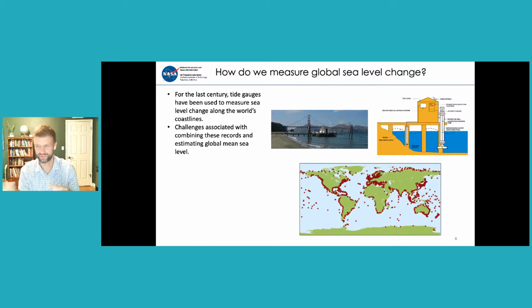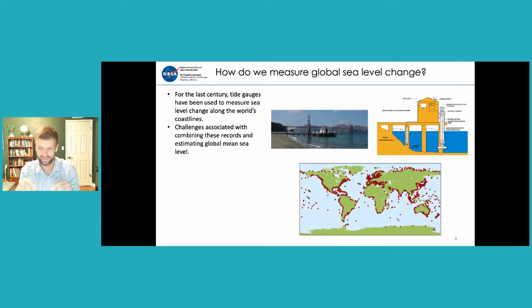On the right is a little schematic of how a tide gauge works. It's important to note that tide gauges have to be located and attached to land. So those tide gauges measure what we call relative sea level. It's the change of the ocean relative to land. So that's where that subsidence starts to become a factor. These tide gauges do measure the effect of subsidence. If land is going up or down, that's going to affect the measurement you're making in these tide gauges.